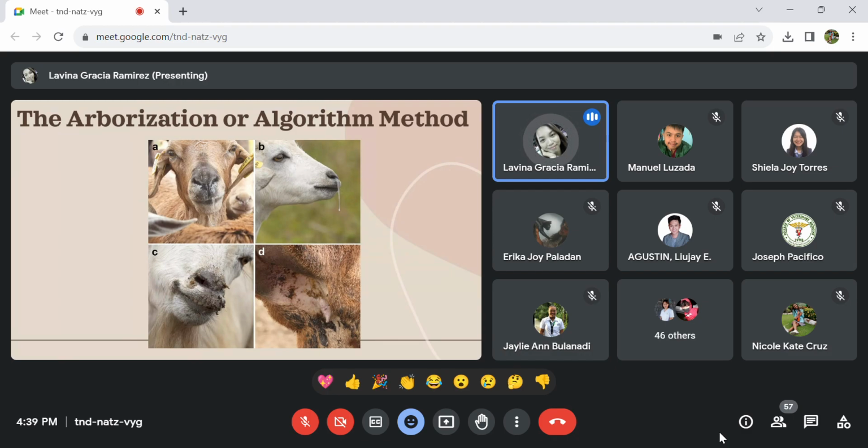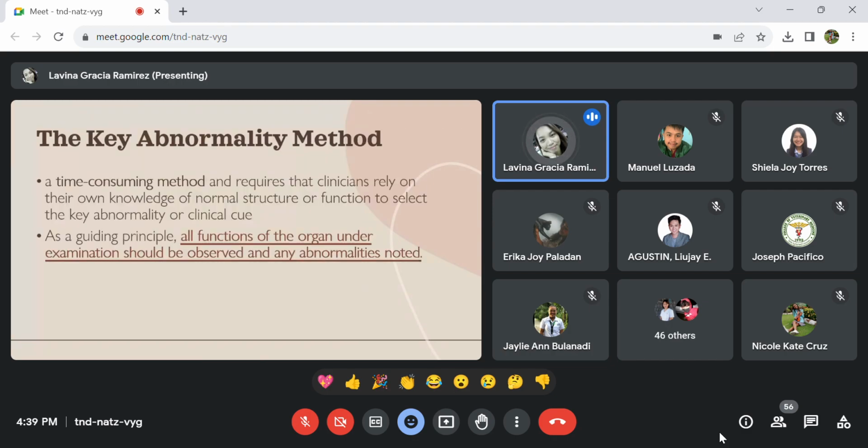Since you have the record, you can compare your observations from the record with your clinical differentials. You might ask, Doc, where do we look for the records? Of course, you will know the record if you have your differentials first. You establish your differentials, then look for the record and compare. Okay, and then the fourth one is the key abnormality method. This is one of the best for me, although it's very tasking.